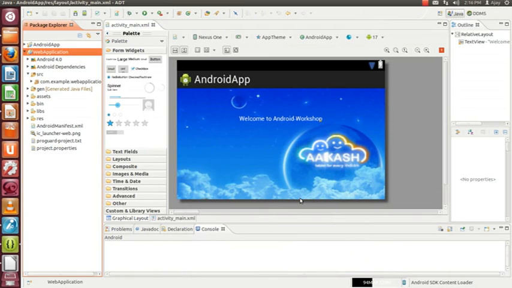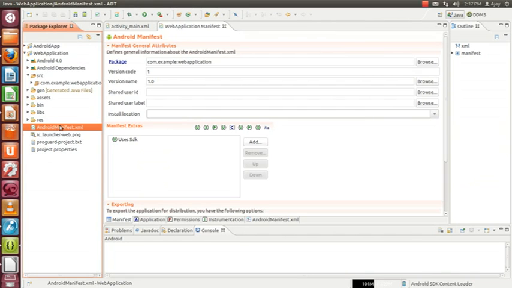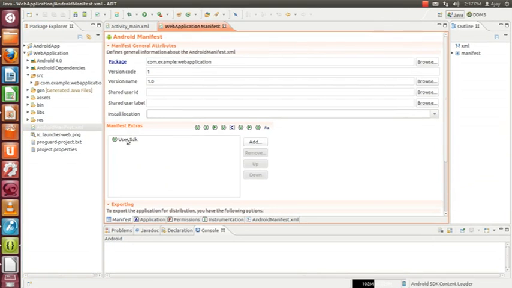The second thing to consider is the minimum API level. For that, double click on Android manifest file, go to the manifest tab, and you can find the uses SDK. Click on it,